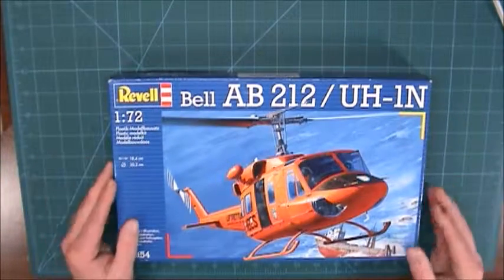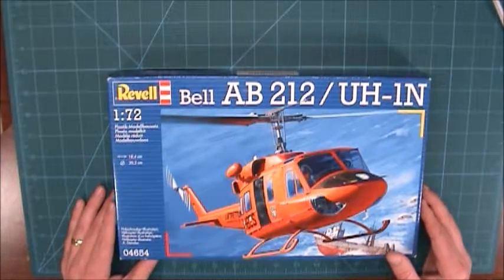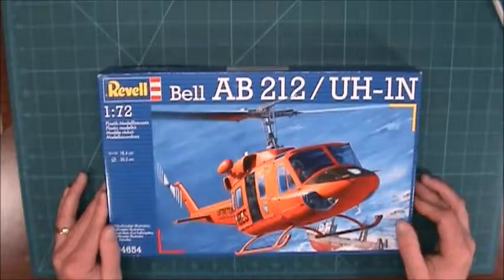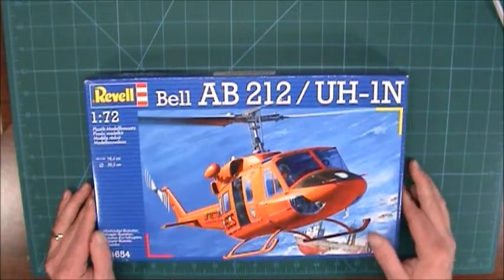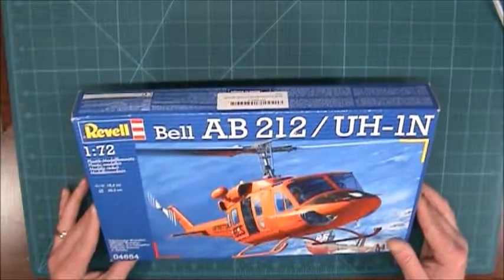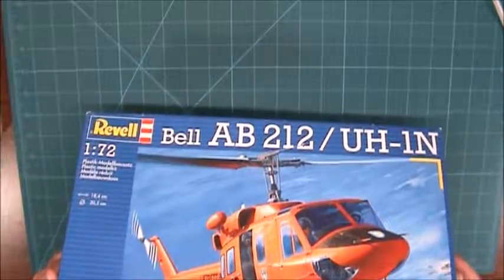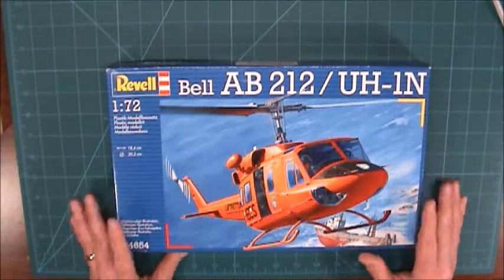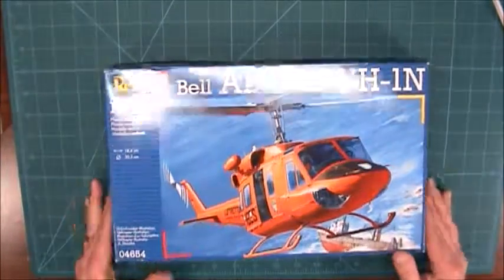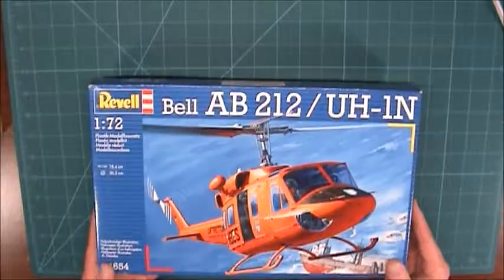So this is a smaller scale, the 1/72 scale, the Bell AB212. I believe it comes probably with a military variant, because this looks like a civilian rescue. Germany, apparently. Makes sense since Revell is a German model company. And well, that should be interesting. I'm probably going to paint this one in the civilian orange, and we're going to go with that variant because why not? It might be interesting, and the orange will be bright and lots of high contrast and should make